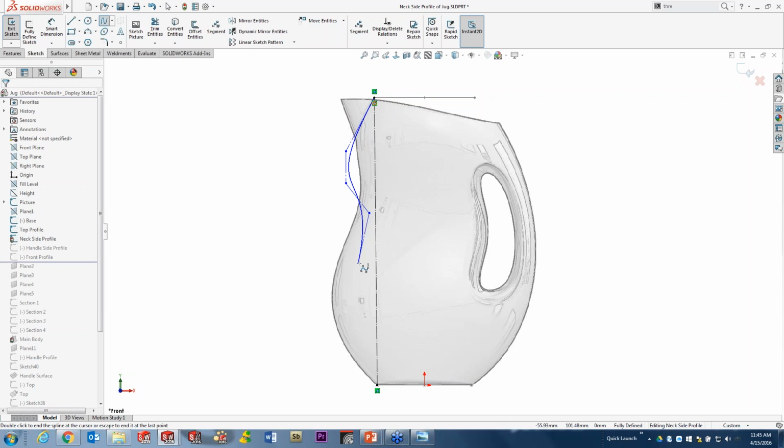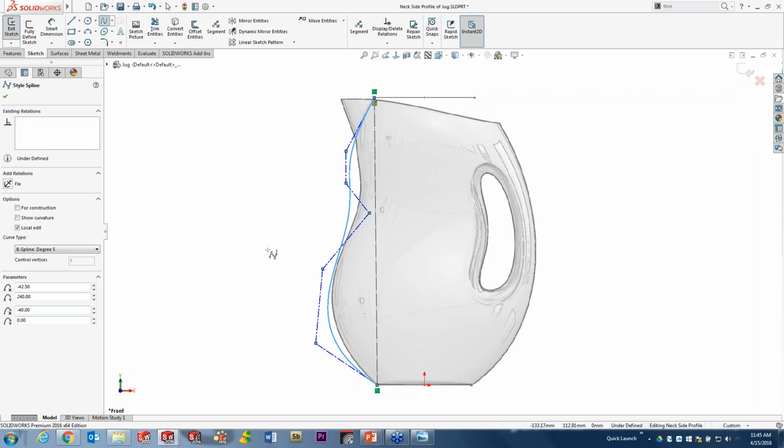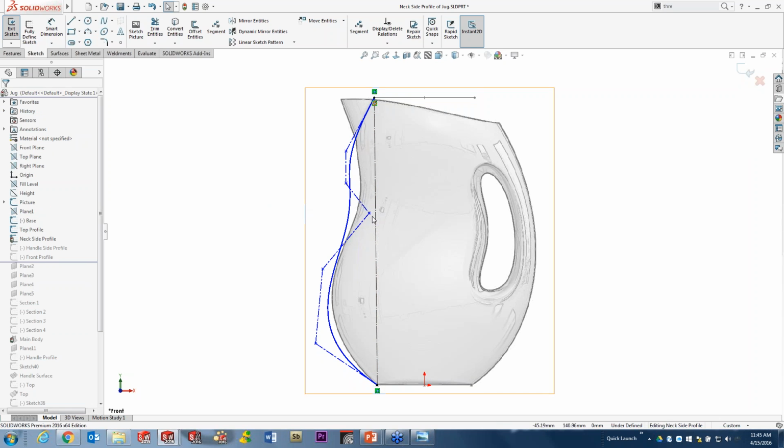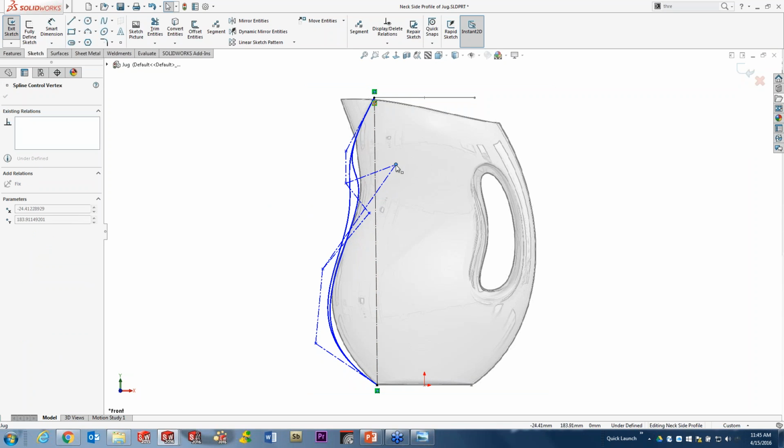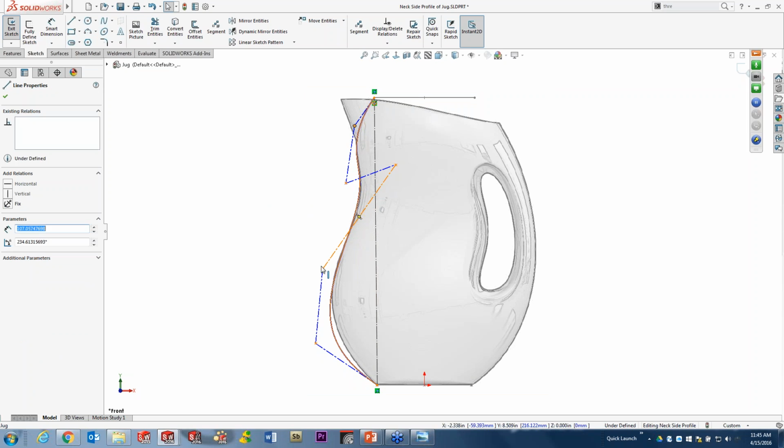So I've got a couple of inputs here. Let's just put a couple more out here, and then end this spline. Now you see my inputs here are all based on construction geometry. So as I grab these handles, we can drag those around, and they map to the topology quite readily. You can see that just by dragging these points around, it really allows me to change those curvatures nicely, whether